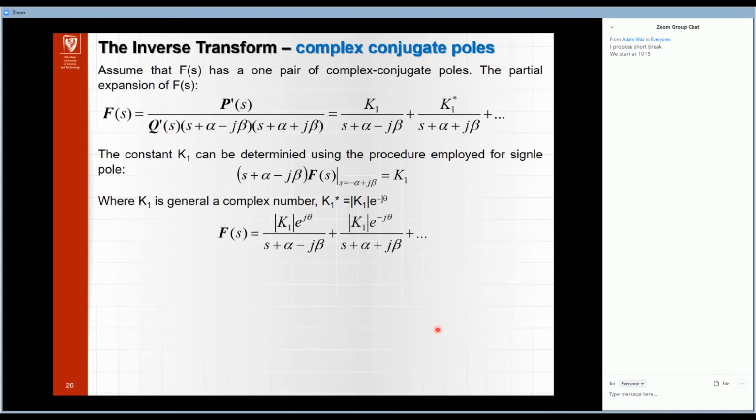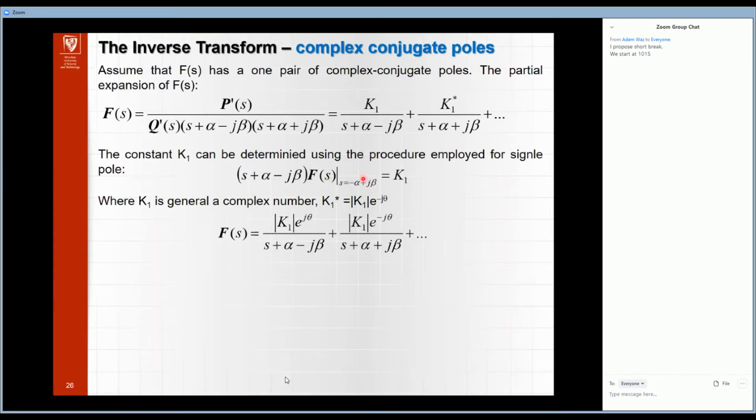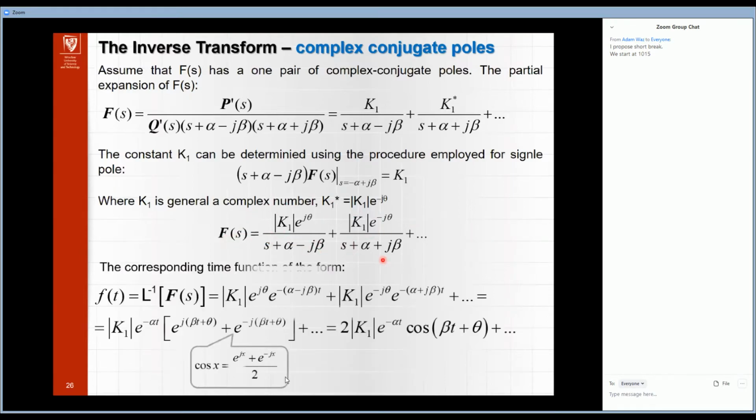Assume that F has one pair of complex conjugate poles, and the partial fraction equations for this can be written by these equations. We can also use the same manipulation to determine Q1, for the same reason, and in the end we obtain this result, and the corresponding time function with this complex number. When we calculate this function, we obtain